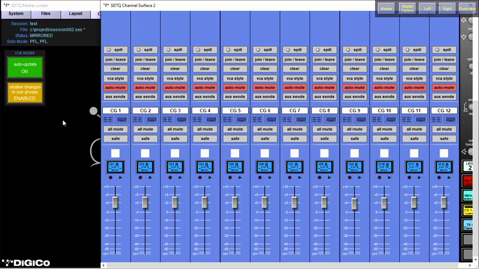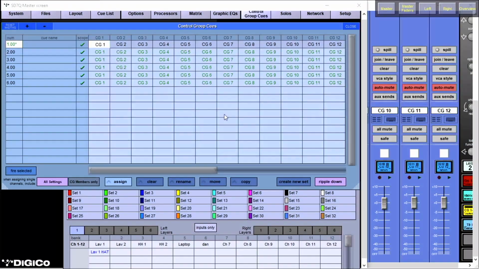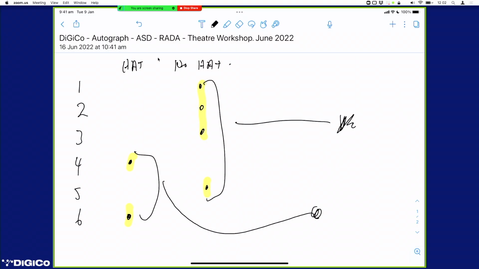And so we start with our control group cues panel. To start with, it has its default names. There's no membership associated with it, but it's all default names. And this is where the ripple function really comes into its own. For those that don't know,